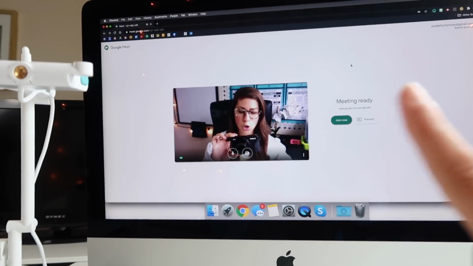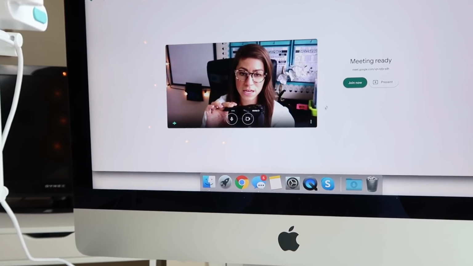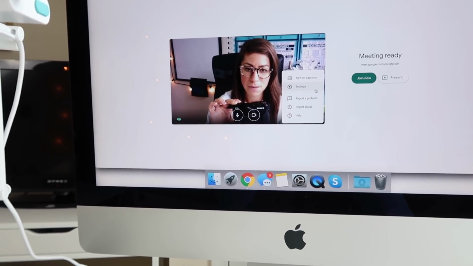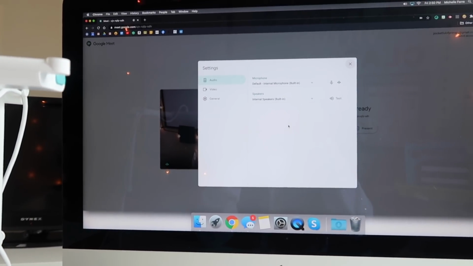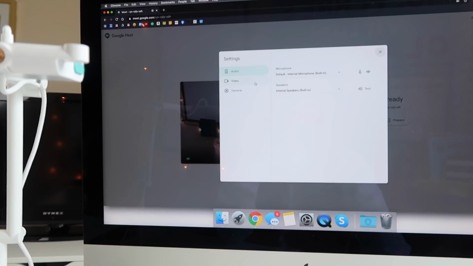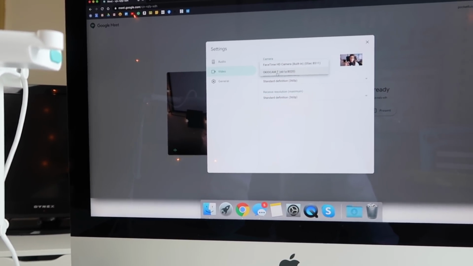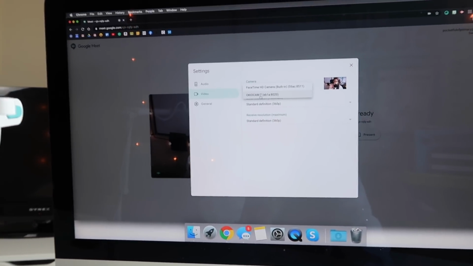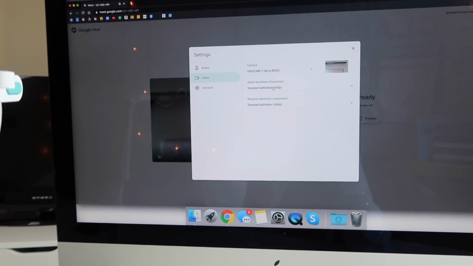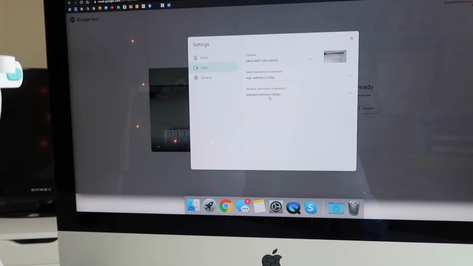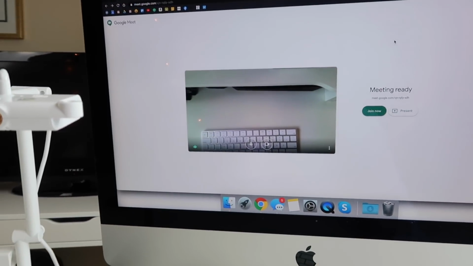Okay, so now I've just opened up Google Meet on my computer. Before I actually join the Meet, I'm going to come down to these three dots, and I'm going to choose Settings. And I'm sure this is similar on Zoom. I'm just showing Google Meet because that's what I've been using. I'm gonna come down to Video, and I'm gonna change the camera to the Okio Cam, which literally I didn't have to install anything. As soon as you plug it in USB, this will show up. I do go ahead and change the resolution just to high definition so that it looks a little bit more clear, and I can X out, and you can already see